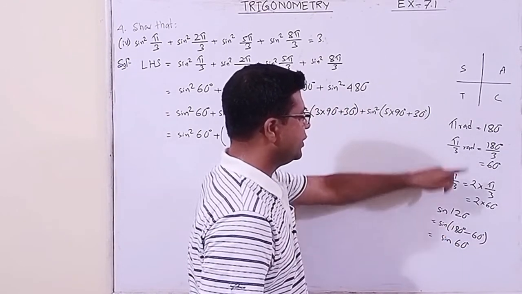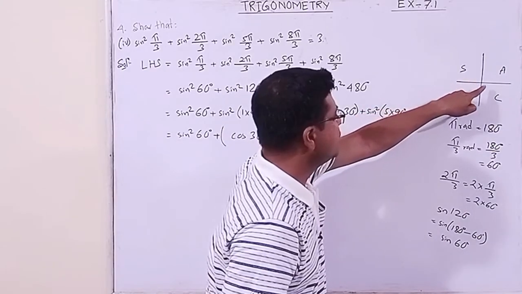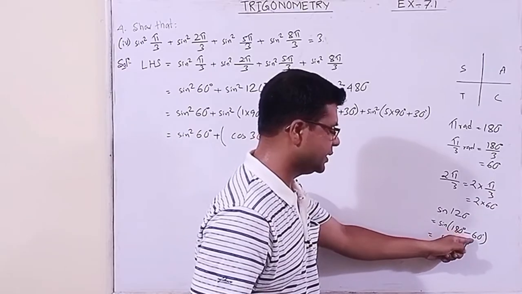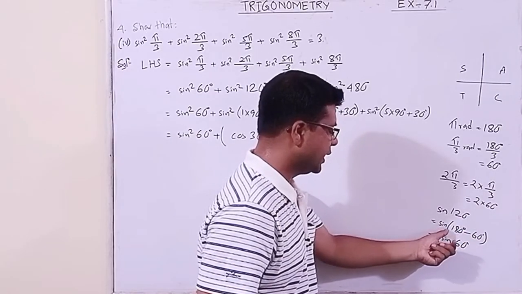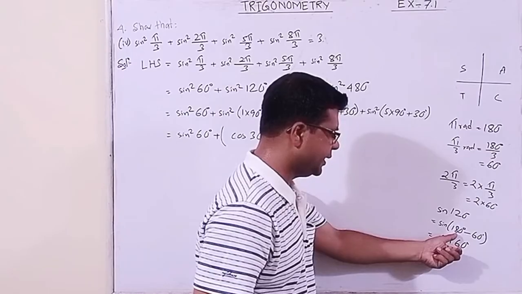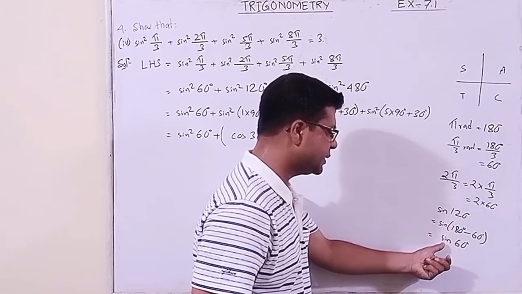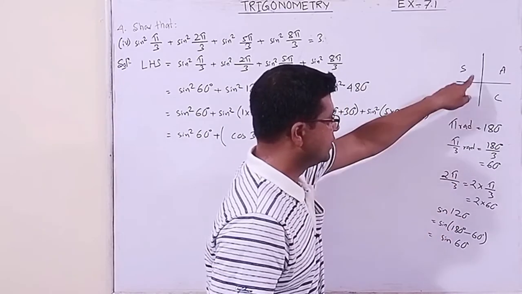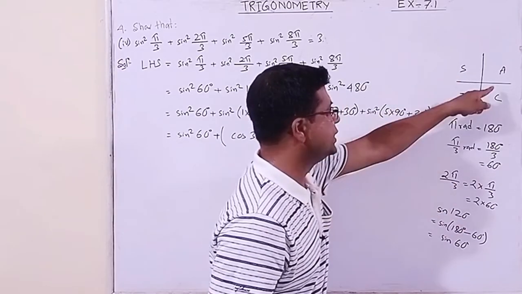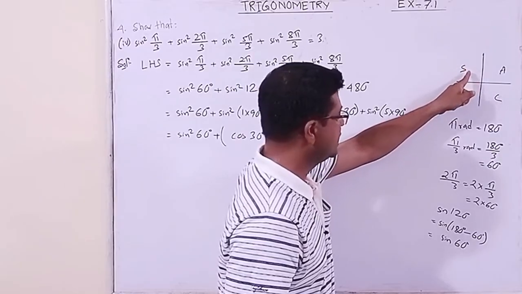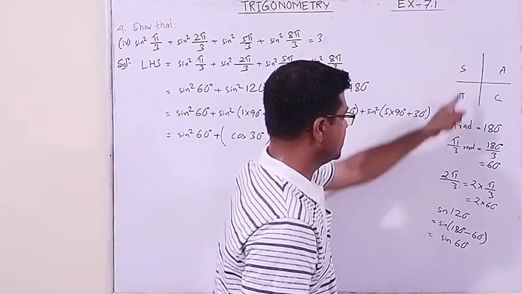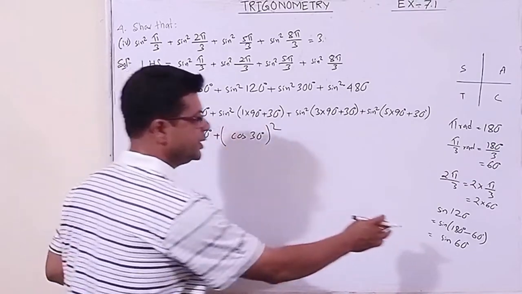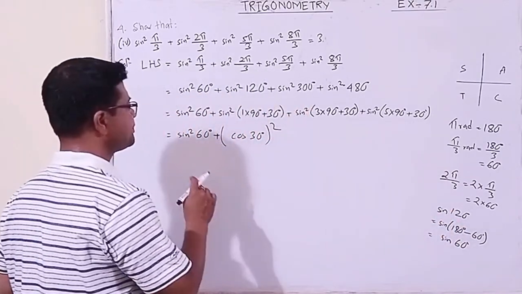Sine 120. Now here 120 is written as 180 minus 60, because 180 minus 60 is also 120. As it is an even multiple of 90 degrees, sine remains as sine of 60 degrees. Now this lies in the second quadrant, 180 minus something, where sine is positive. But we are doing it with 90 degrees. You can do it in this method also, this is also an easier method.